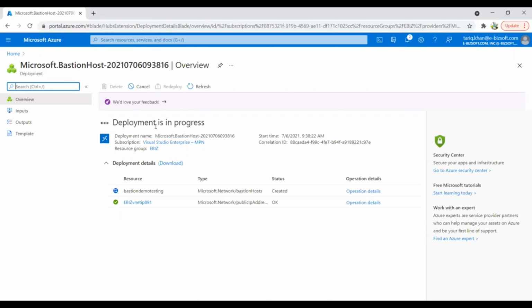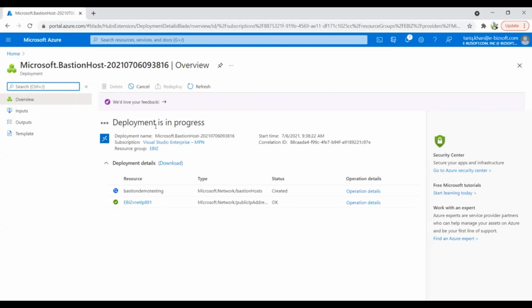So Bastion demo testing created over here. Now it's verifying our virtual network connectivity. So it's not a very complicated process when we talk about securing our remote connectivity.